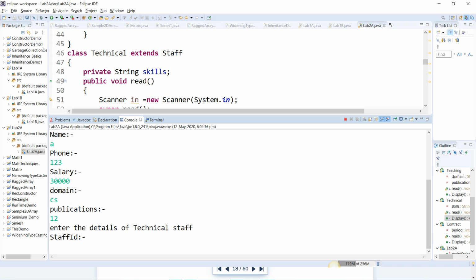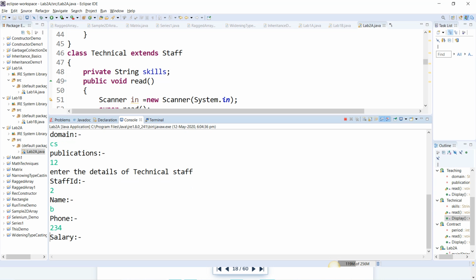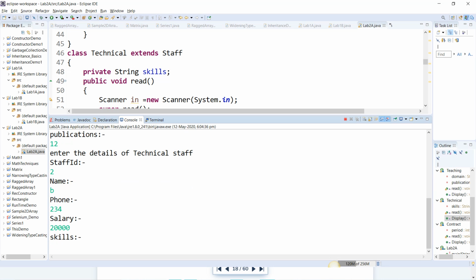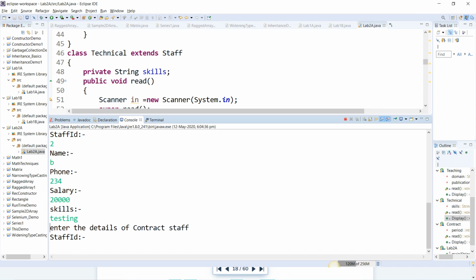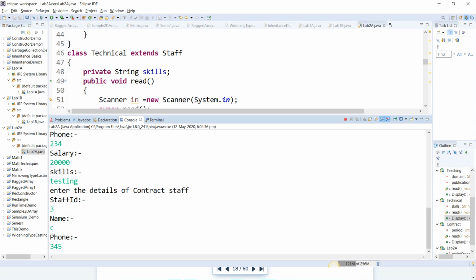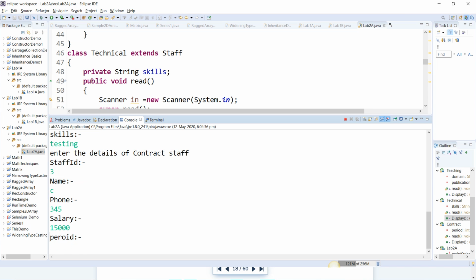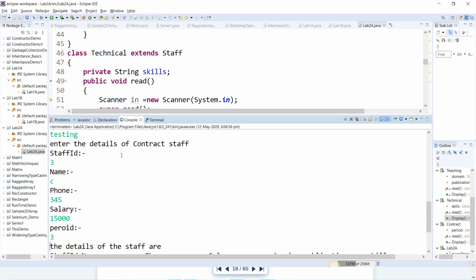Staff ID 2, name B, phone number 234, salary 20,000, and then skills testing or admin, whatever. Then staff ID 3, name C, phone number 345, salary 15,000, and then period 3 years, like this.